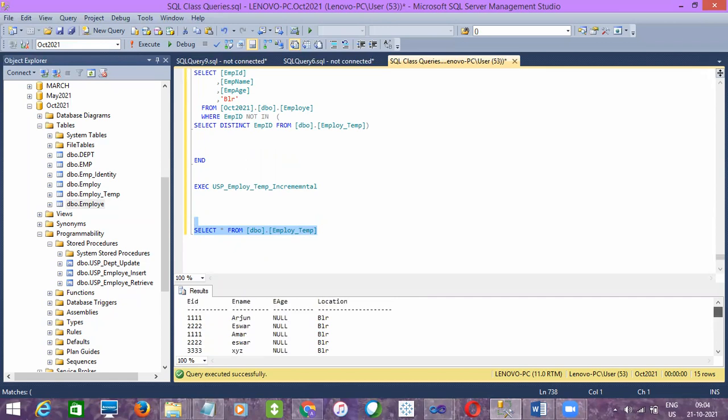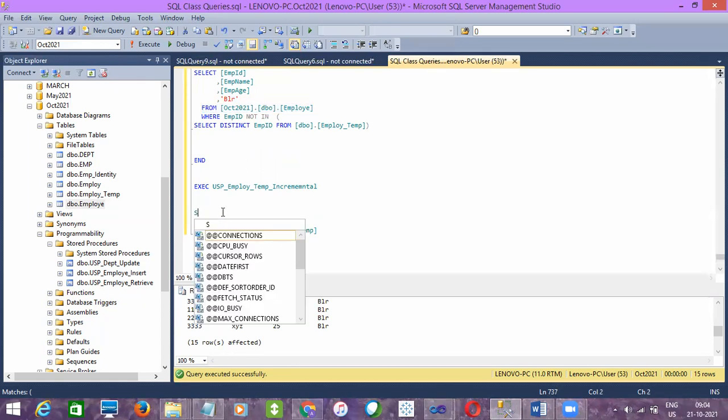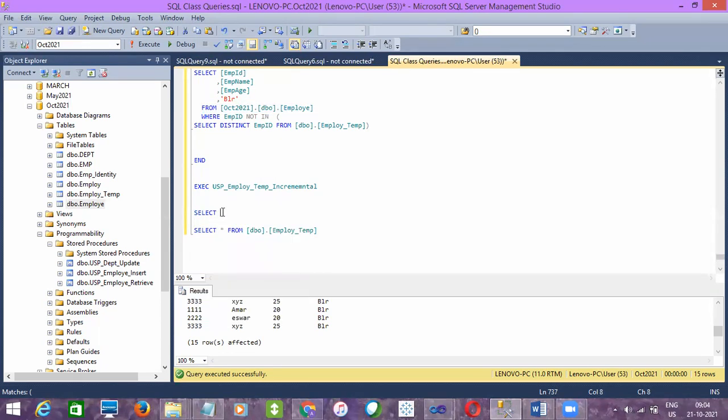No, right? Then why is it not going, guys? It should. So let me check my source data. Select star from this source, and it has employee ID 8888, but this 8888 is not there in the destination, right? Observe the data properly, whether we have 8888. No. Okay, let me insert one more record and see.